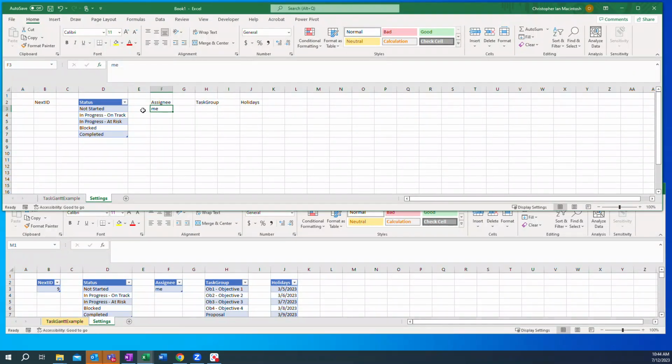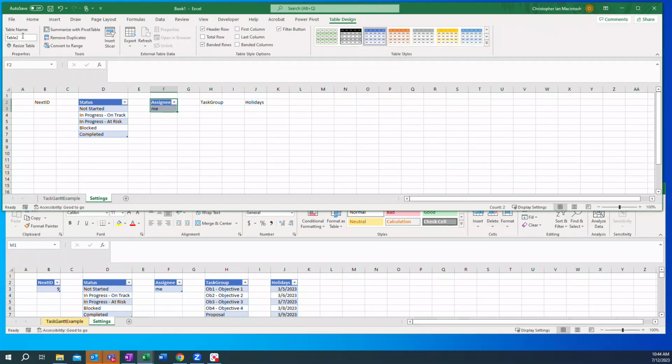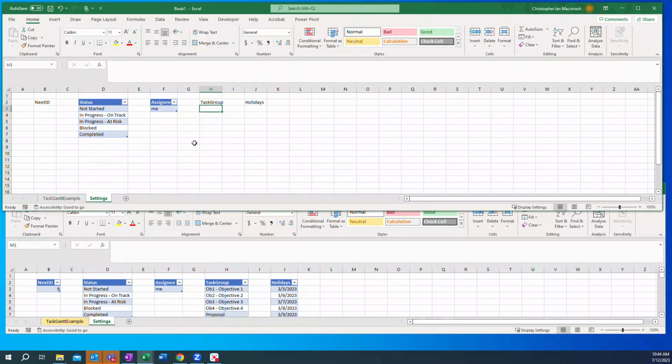So we'll click inside of the data, go to Insert Table, and again, check on the Has Headers checkbox, hit OK, and rename this to Assignee Table. Again, I believe the table names can't have spaces in there, so I'm just using camel case where different words are capitalized. And the task group, I'm just going to use a simplified